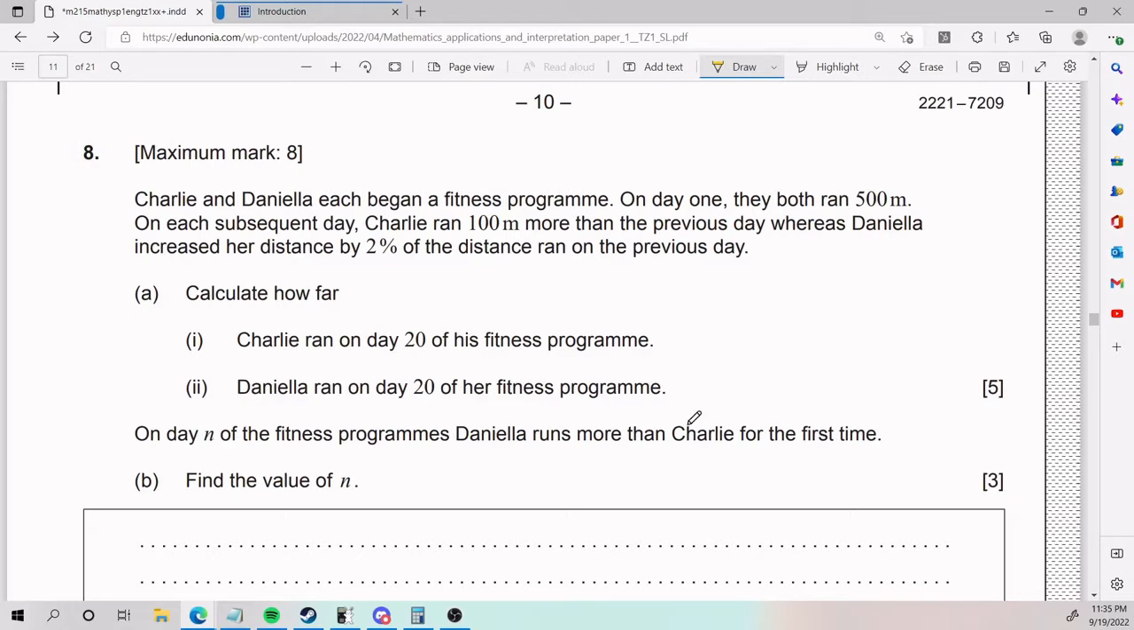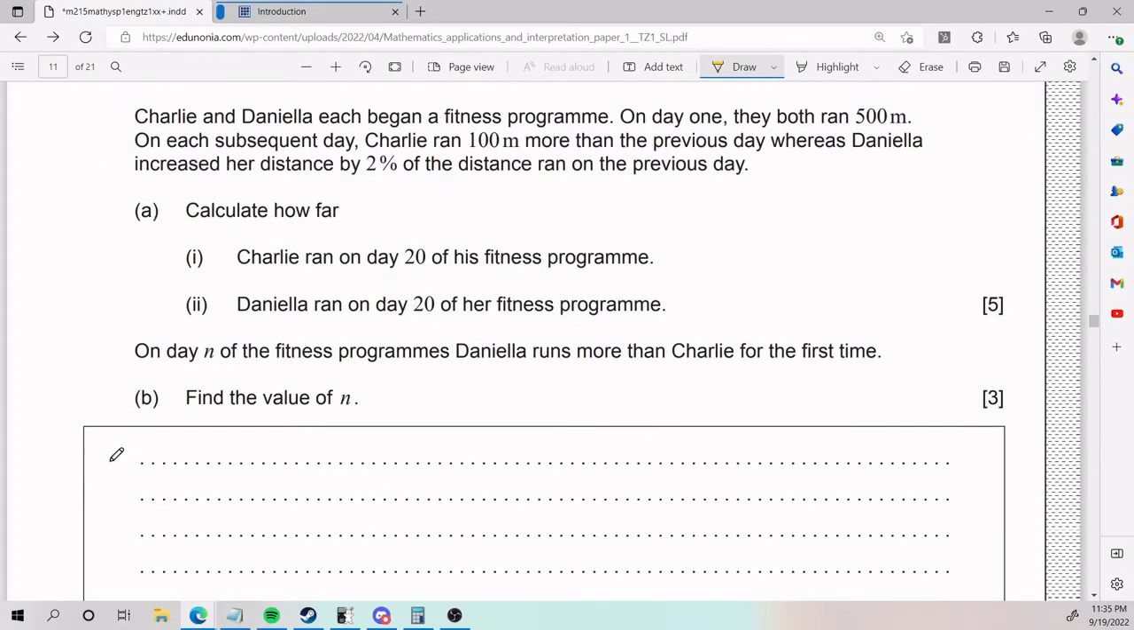So we need to calculate how far Charlie ran on day 20 of his fitness program, and how far Daniela ran on day 20 of her fitness program. The tough part here is understanding how Charlie increases his meters ran and how Daniela increases her meters ran. So for the case of Charlie, on day 1,